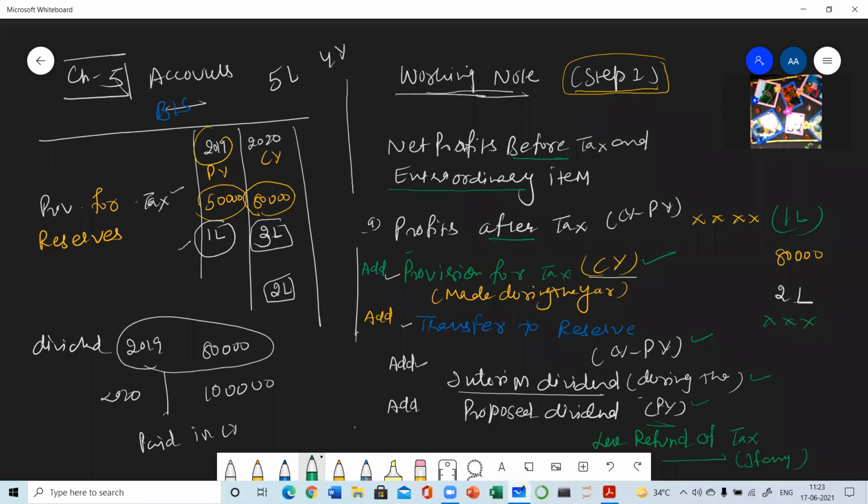In this formula, extraordinary items are also treated, but right now we are not discussing that. Otherwise, you people may get confused. So after 2-3 classes, I will introduce the extraordinary item in this formula. Okay. So today we will be doing only the simple formula. So now let's start with the 1 or 2 questions.